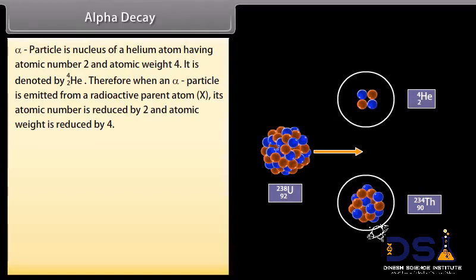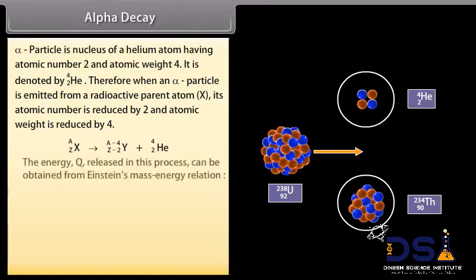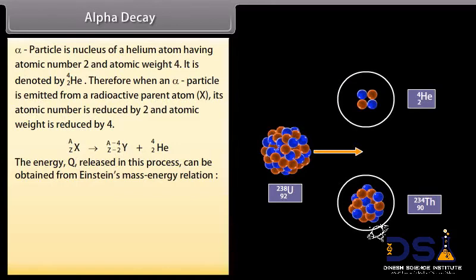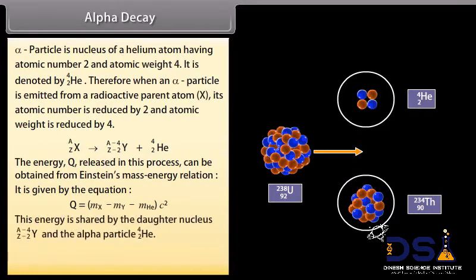It can be demonstrated as follows. The energy Q released in this process can be obtained from Einstein's mass-energy relation. It is given by the equation Q is equal to (mX minus mY minus mHe) c squared. This energy is shared by the daughter nucleus and the alpha particle. For example,